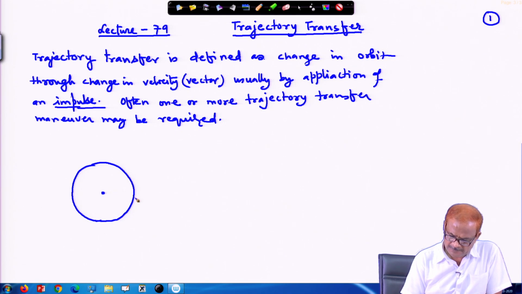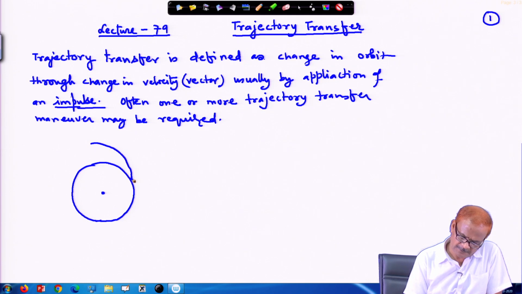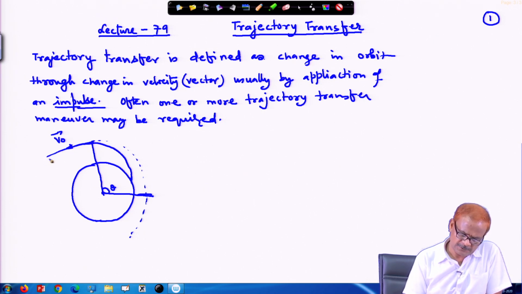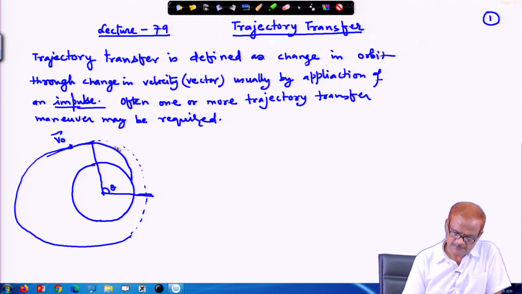As we have discussed earlier, once we launch the satellite, we inject it into the orbit somewhere. Here v is the velocity vector imparted to it. Say this is the perigee position, so the true anomaly will be measured from this place. Then the satellite will coast to complete the orbit, going all the way and coming back like this.